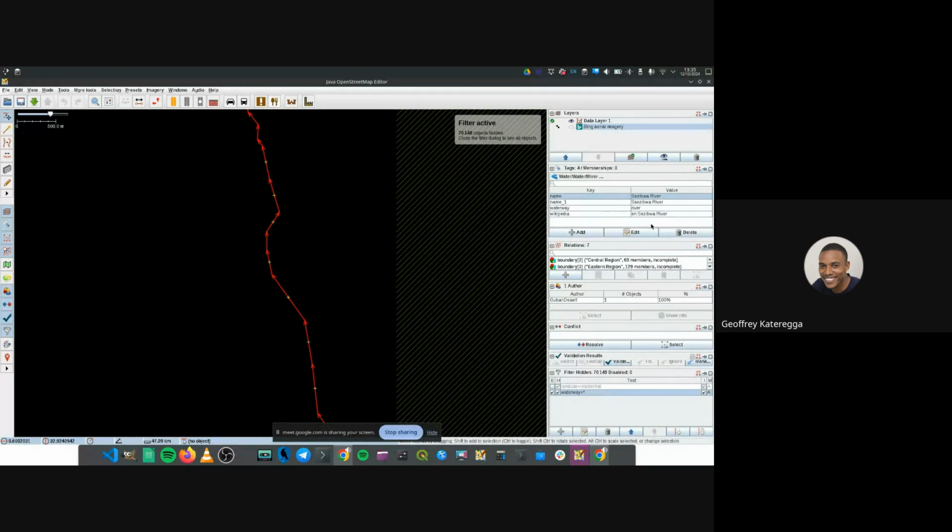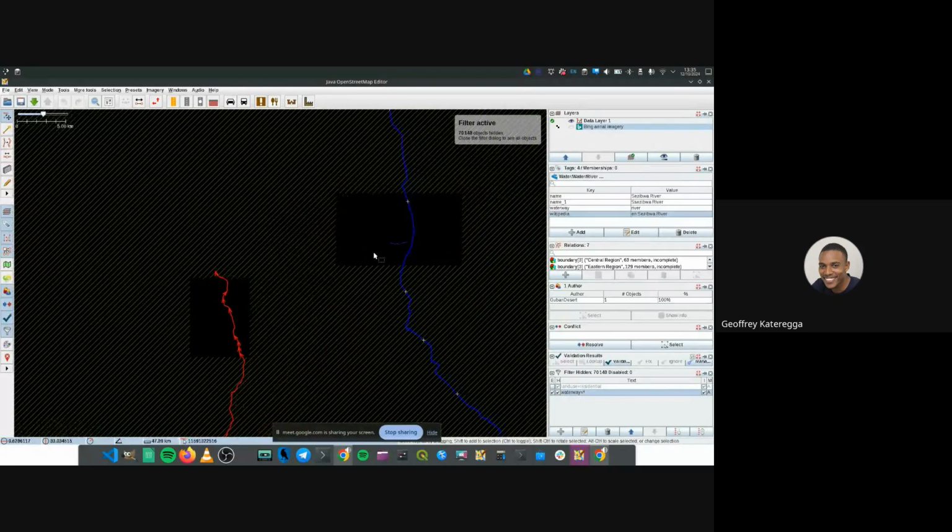You can also see an additional tag here, which is Wikipedia. If it's a big river and it has an article on Wikipedia, sometimes it's useful to add the Wikipedia tag. Basically, you would go to Wikipedia, search if that river is there, and then add it as a tag here. This is very useful if someone is looking at the river in OpenStreetMap, because they can easily read about it on Wikipedia as well. So that's how the Wikipedia tag can be useful.